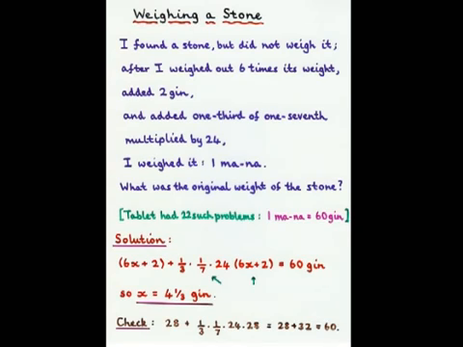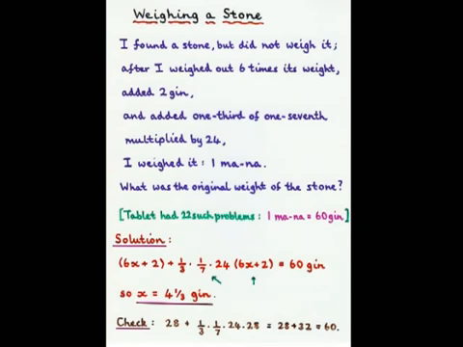Now, one can find from the context, analysing these things, that 1 mana is 60 jin, and so let's do the calculation. So if x, and again, this is modern notation which they wouldn't have used, is the weight of the stone, you take 6 times its weight and add 2 jin, so that's 6x plus 2. Then you add 1/3 of 1/7 multiplied by 24. Of what? Not the weight of the stone, but of the stage you've reached in the calculation so far.